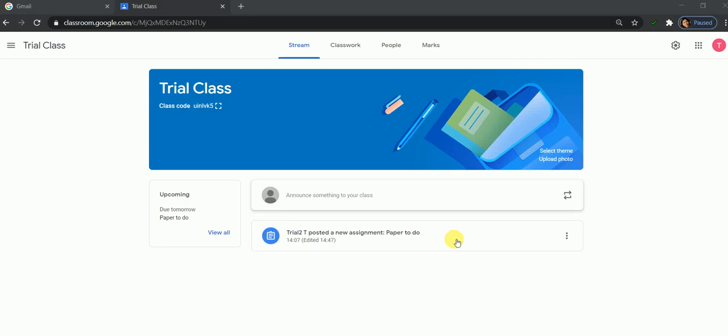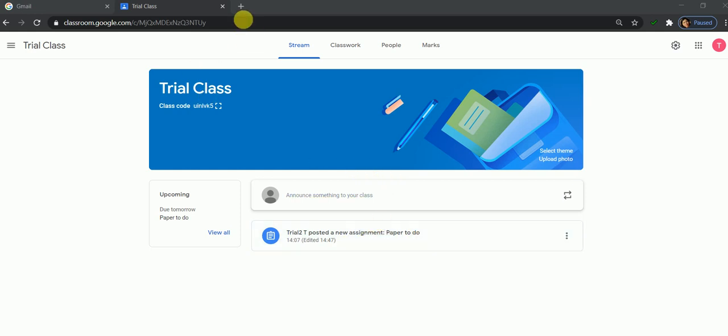Dear friends, for doing the correction work of the PDF files which are submitted by the students to us in the form of a paper, test or a simple assignment, we can use an extension Kami. It is a very good extension by which you can do the correction just like you do with a simple pen.